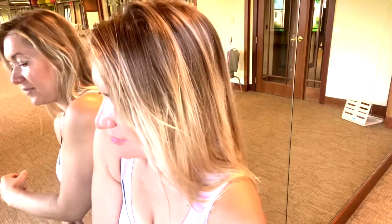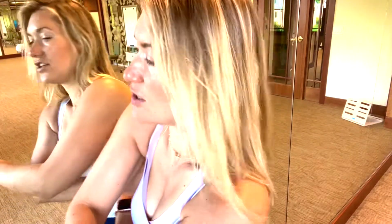This is a really good spot too, like right under the armpit here, and right here can really be tender. So you can get that area too, a little bit higher, a little bit lower. And you're gonna be working your legs as you do this, because you're going up and down, you're moving around, and that's great. It's gonna hurt a little bit, so you're just gonna kind of pause, breathe into it,